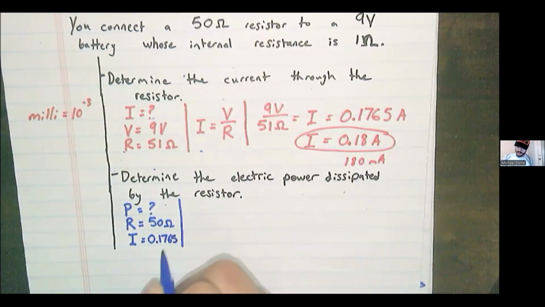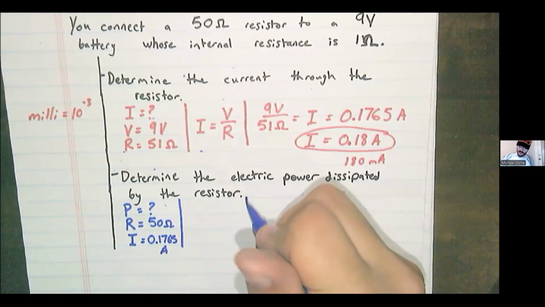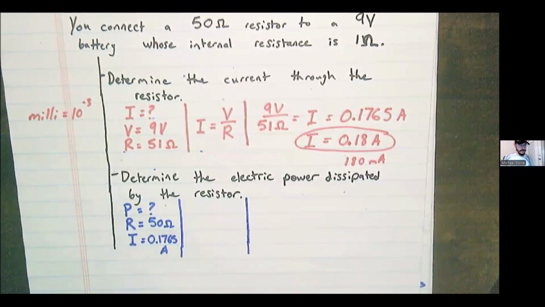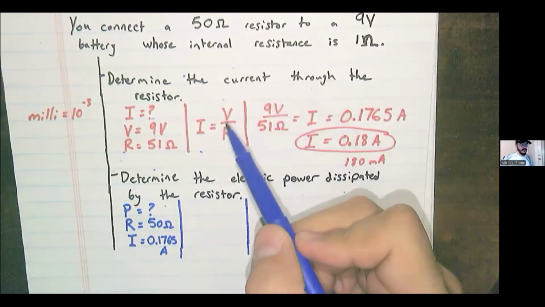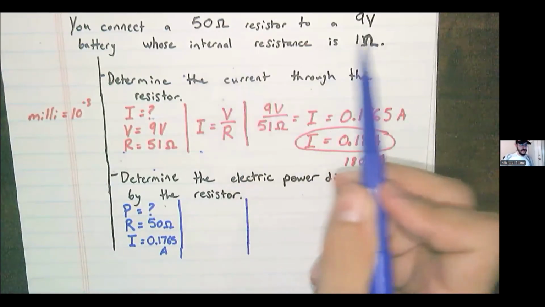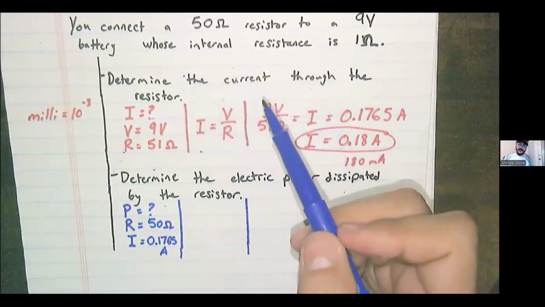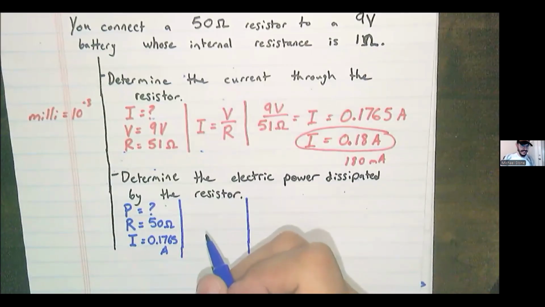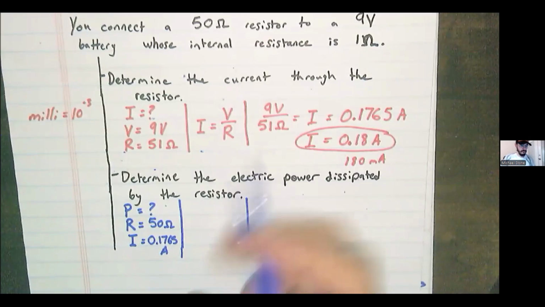it's never a good idea to round before you get to the end of the problem, so I'll use the unrounded, well, less rounded version of this. So we have P, R, I. You're thinking, could I have used the 9 volts? Not really, because some of that 9 volts got used up to get through the battery itself. The current is the same everywhere. We'll get to the rules for that later, but follow along for now. Right now, we're just taking our equations for a test drive. We'll get lost in the details another time.